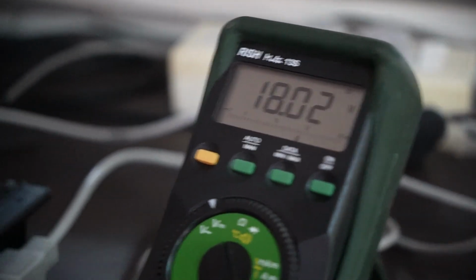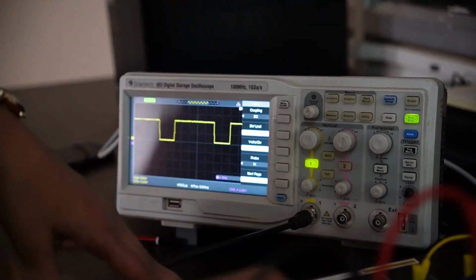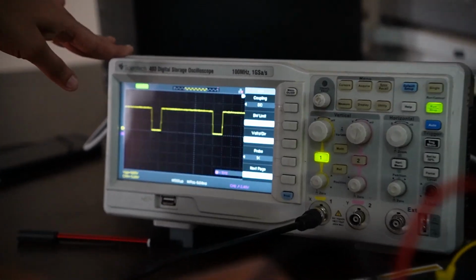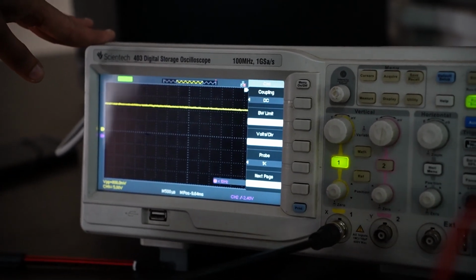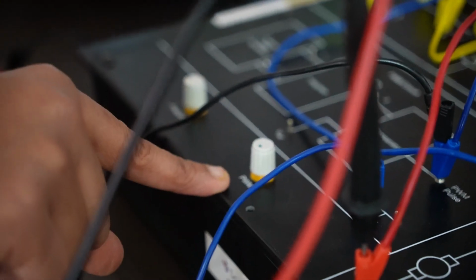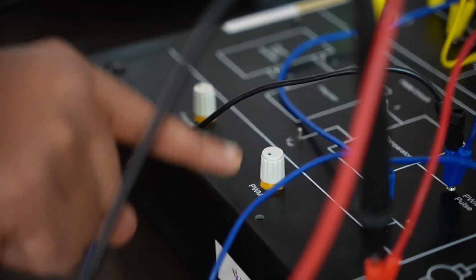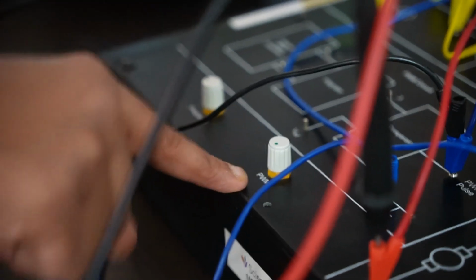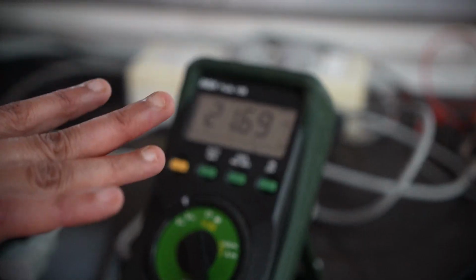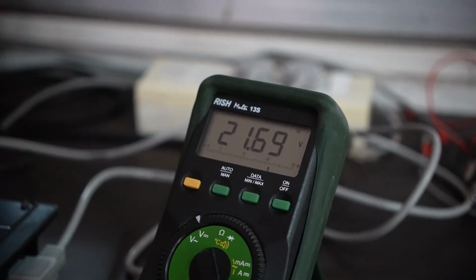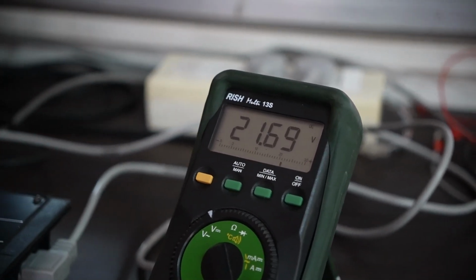As my speed is increasing, you can see the output voltage is also increasing. So it means that by varying the on time period, you can vary the output voltage, but because it's a step down chopper, it won't go more than 24 volt. You can see at maximum, when my whole time period is T on, the speed is maximum, but the output voltage is around 21.69. So this won't go beyond 24 volt, because it's a buck chopper, right?